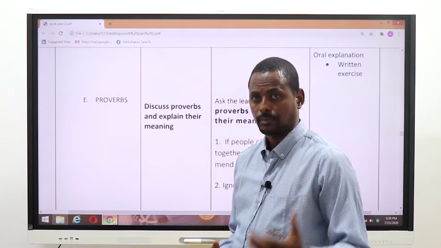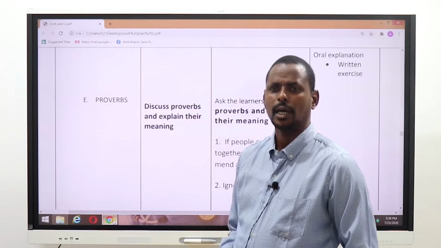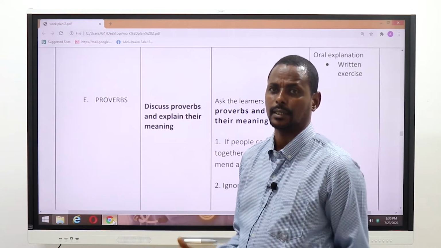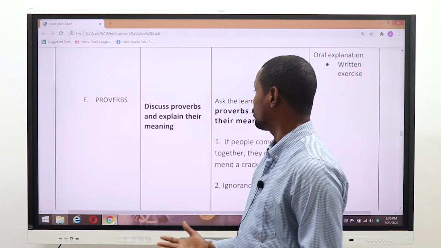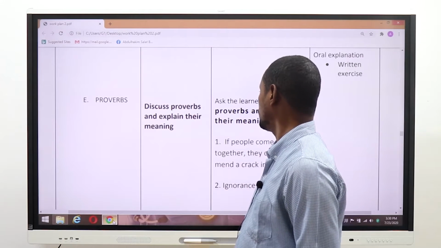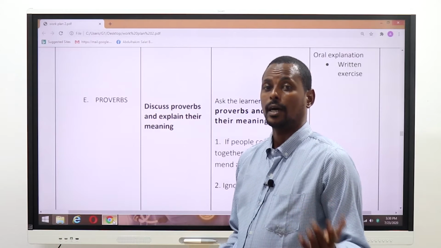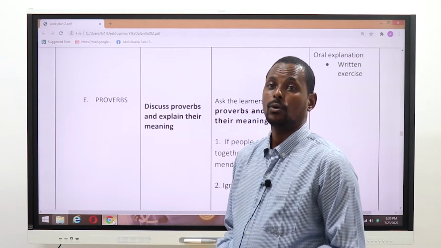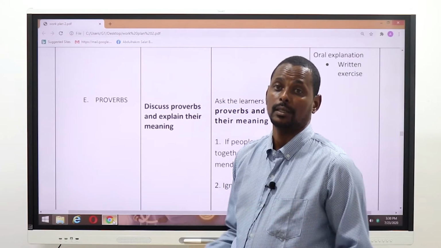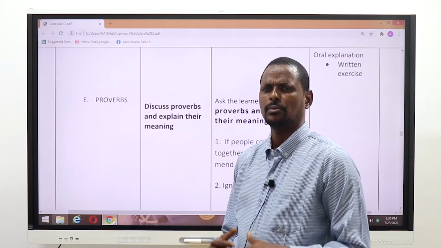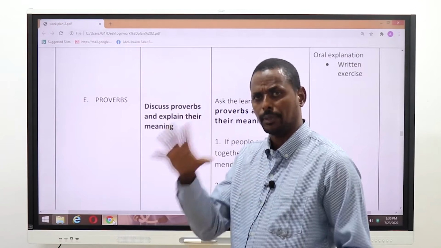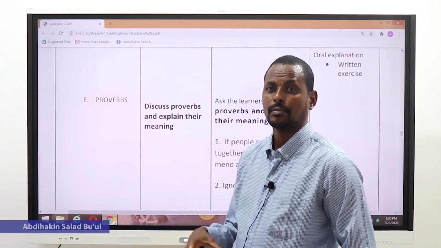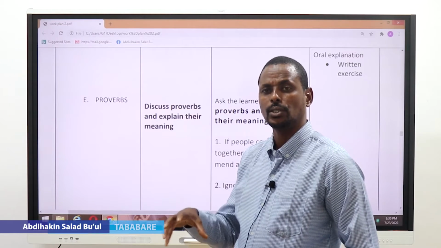two meanings: explicit and implicit. The explicit meaning, the upper meaning, the outer meaning. Like, for example, if you take an example and you say a proverb, two heads are better than one, it might seem very simple to understand, the upper meaning. But deeply, there's a deep meaning, which means that